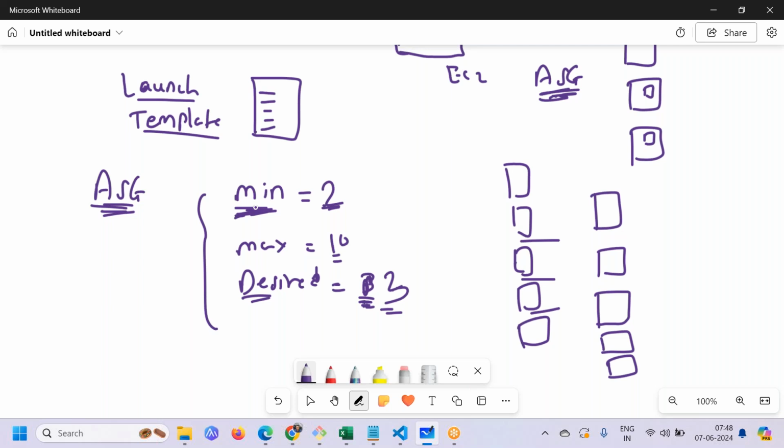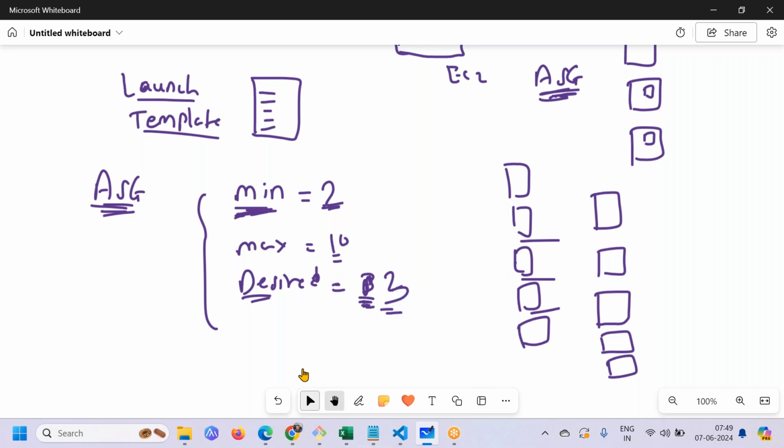Amal, we can understand it like this. Desired is the initial launch which we are creating. Like initially it will be three. Correct, yeah, if we keep the desired. Okay, Amal. Yes, it will be three initially, but it cannot guarantee that all the time it is going to be three. Yeah, desired is all. We can take it as the initial count. Yes, you can say that. Yes, correct. Okay, Amal. Okay, got it, Amal. Okay,